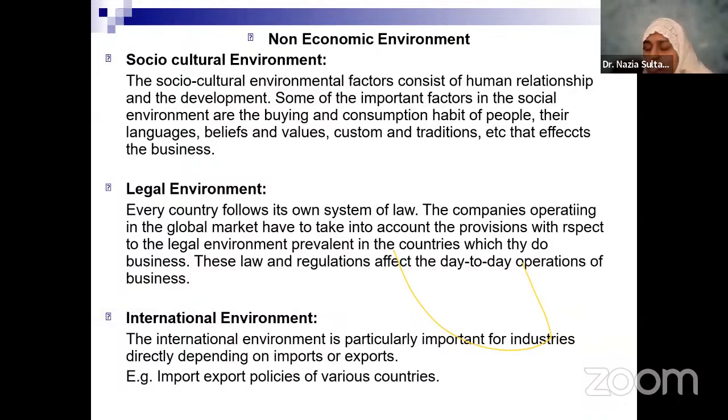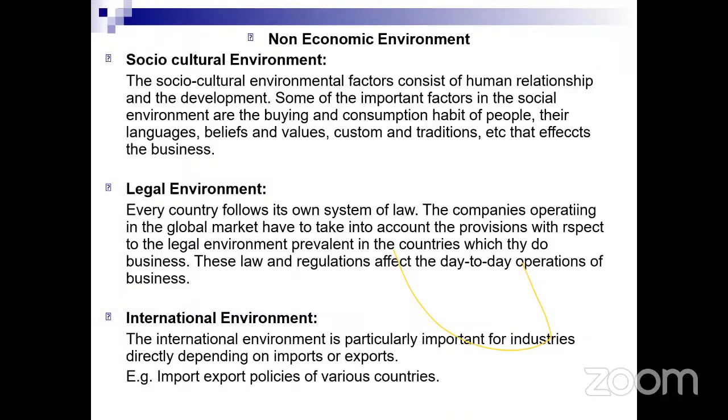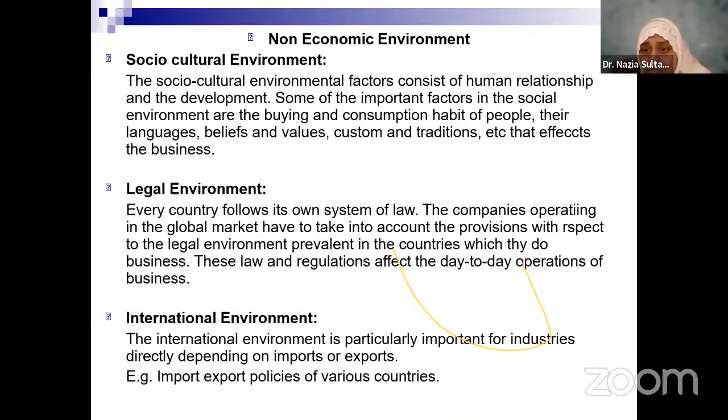So like that, culture, society, value system, beliefs, and attitudes of the people will have an impact on how businesses are run. Then the legal environment, the law system in the country. Most people get confused between political environment and legal environment. Political environment is to do with people in power, whereas legal environment is to do with laws which are made. When you talk about political environment, you talk about which political party, what is their ideology, how they influence business, who the lawmakers are, what kind of laws they frame, and how those laws are supportive to a particular business. So you talk about the legal environment which is there.